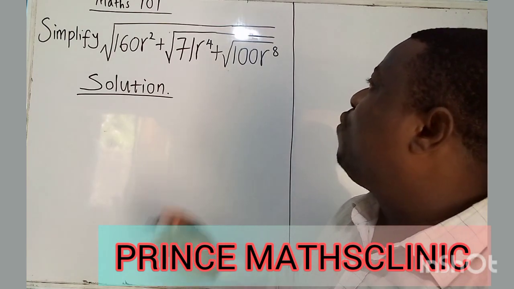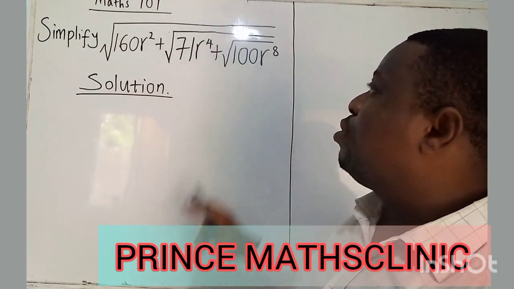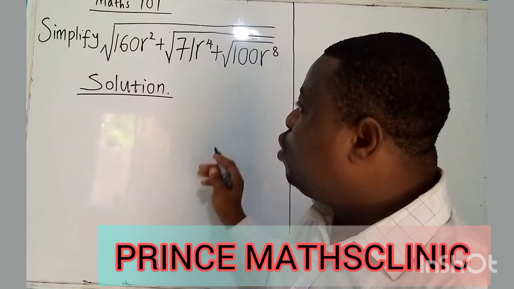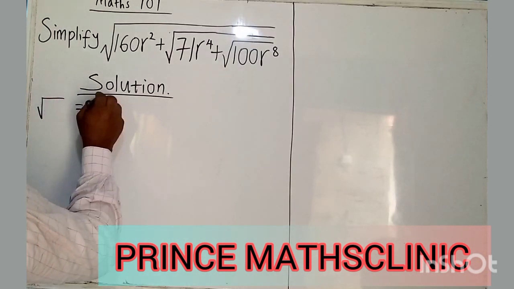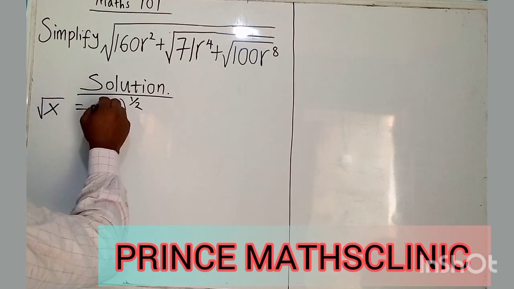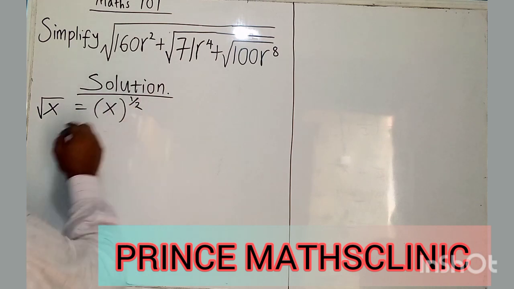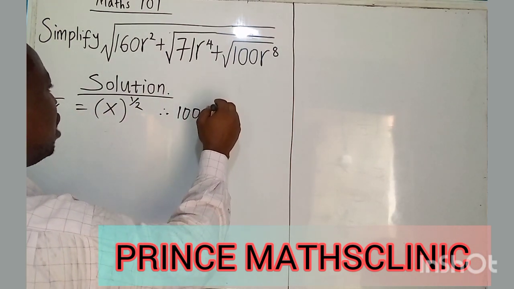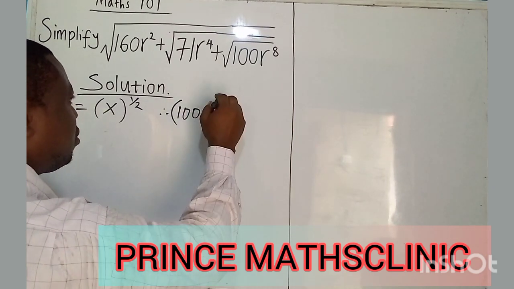root. So now, if you notice, this square root is still under this other square root. So therefore, I'm going to start from the innermost term. Now, you need to know that square root in math simply means anything to the power of 1 over 2. Let us say square root of x means x to the power of 1 over 2. So therefore, it then means that